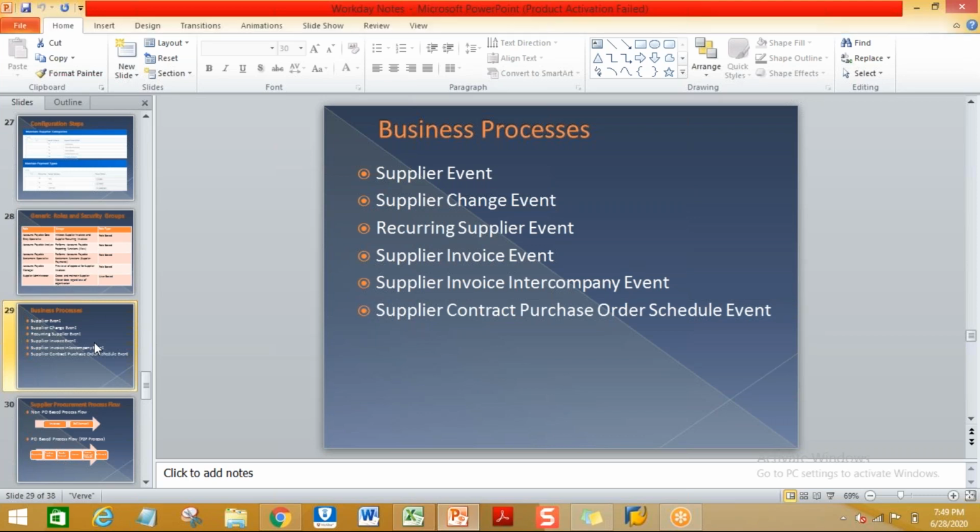So the business will give the guidelines, and based on that you have to configure the business processes or change the delivered business process. Workday has given a list of business processes, so you can change it or copy and change it.